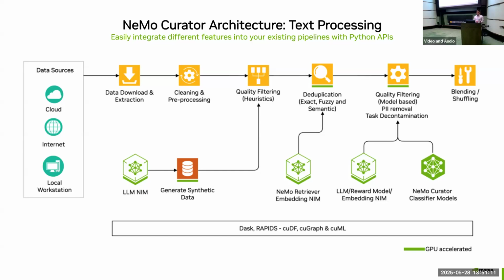And so after our data download and extraction phase, the first step that we want to do is clean up our documents and remove things that could be problematic for our model in the downstream tasks. So we would want to remove things here like Unicode errors, or if some of our documents have a different language than the language that we're trying to train our model in, we would remove some of those documents. And so the first stage here is just a basic cleaning and pre-processing stage.